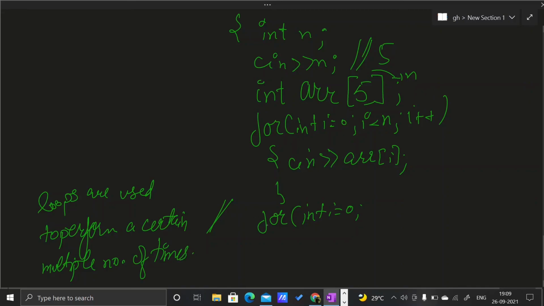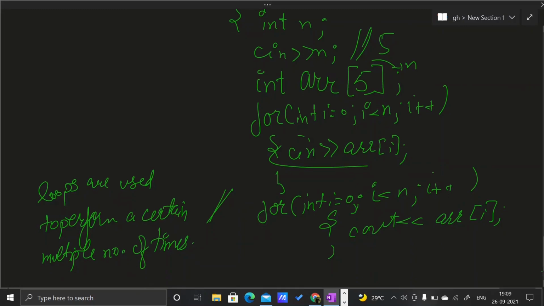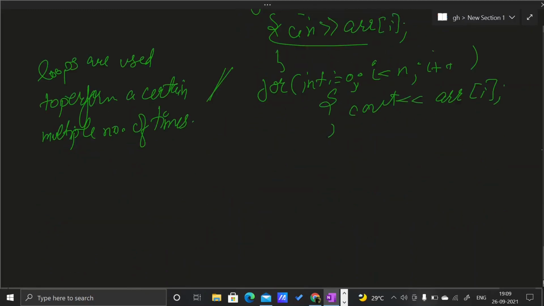Here I am performing a certain task multiple number of times, that is displaying the value. So I will cout, that is display ARR of i. This is how I will traverse and display the values.